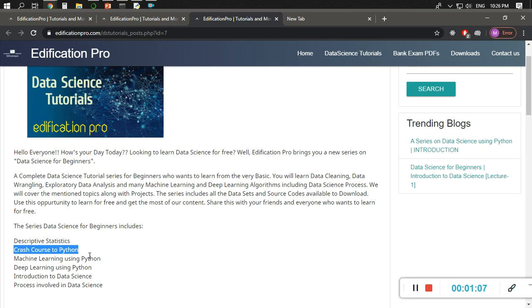Firstly, we'll see some Python concepts, and after that we'll move on to machine learning with Python, and after that we'll dig a bit deeper and we'll see deep learning using Python. After completing all the Python series, we'll move on to descriptive statistics, which is very important for any data science aspirant. We'll cover several different concepts in statistics. We'll see how we can calculate different concepts like regression and classification and all those, and we'll implement all those